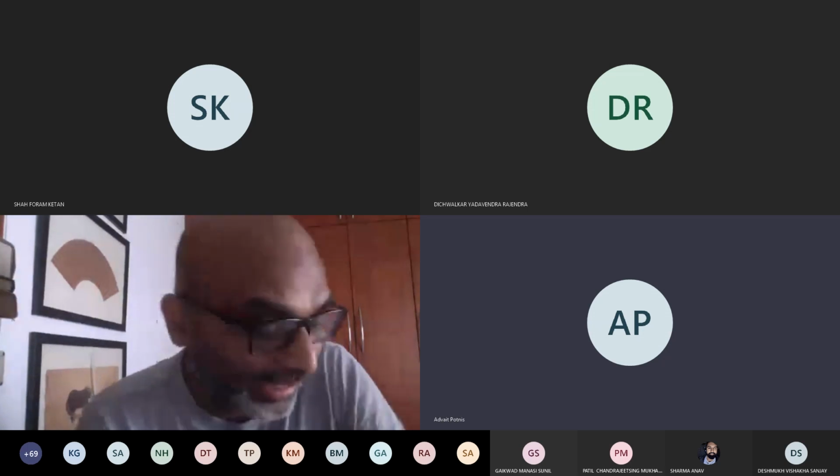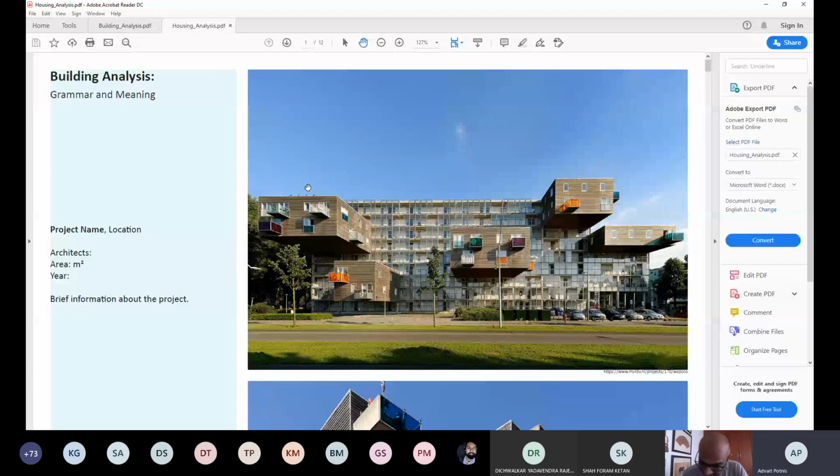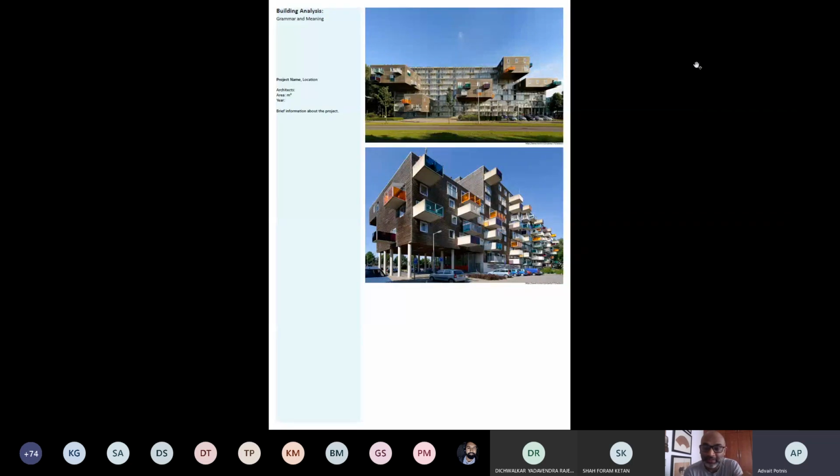Okay, in the presentation class, when you are supposed to present, we want you to be ready with the presentations as per this format. This otherwise is showing a PDF file, but he has uploaded the InDesign file for this on the group. Right now I will share that. You can download that link from WeTransfer. Take the InDesign file and replace these images and the text with your project.